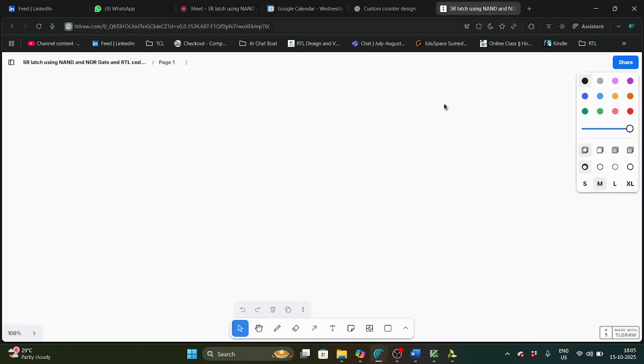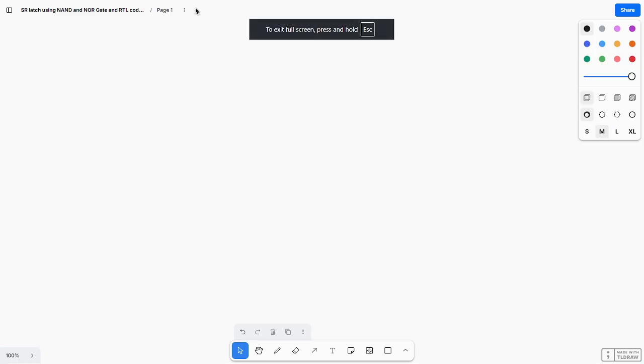Today we'll discuss, I will tell you the concept of this SR latch, and also we'll see the Verilog code, that is the RTL code, as well as the testbench. I will explain the data flow modeling as well as behavioral modeling. So basically the concept behind developing this memory element is, suppose you consider,